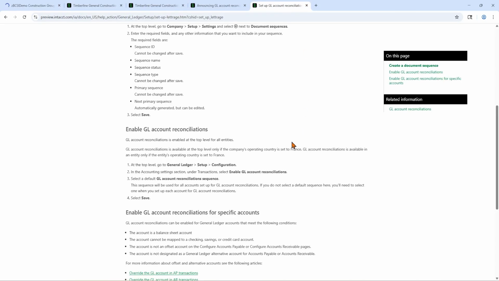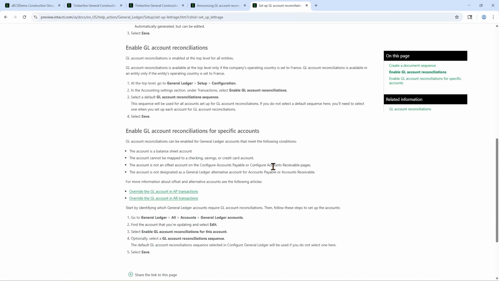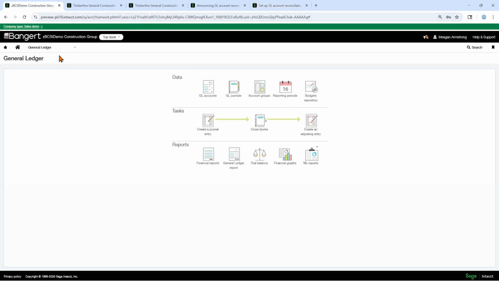And then on here, you will have to turn it on for each account you want to do reconciliations with, just so you don't have a big long list in that screen. The requirements for this are that it has to be a balance sheet account. It cannot be mapped to any of your cash management accounts, i.e. checking, savings, or credit cards. And it can't be one of the configuration offset accounts for AP or AR or the alternate accounts for either of those two. So in the general ledger GL accounts,